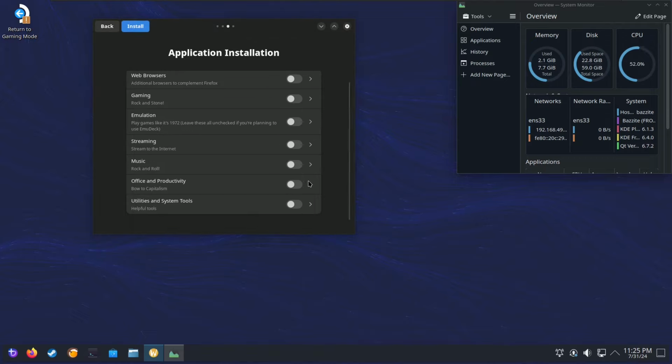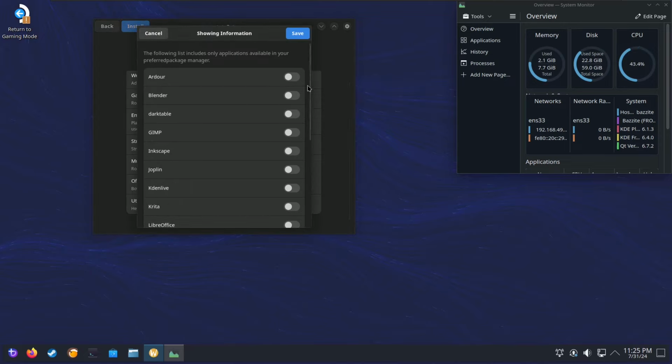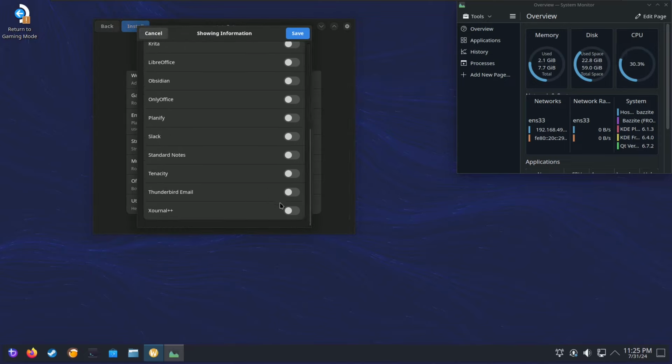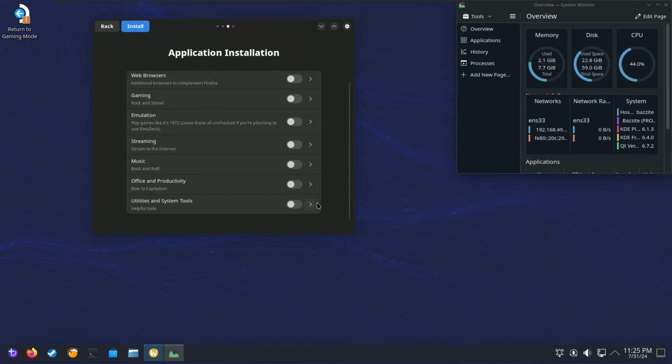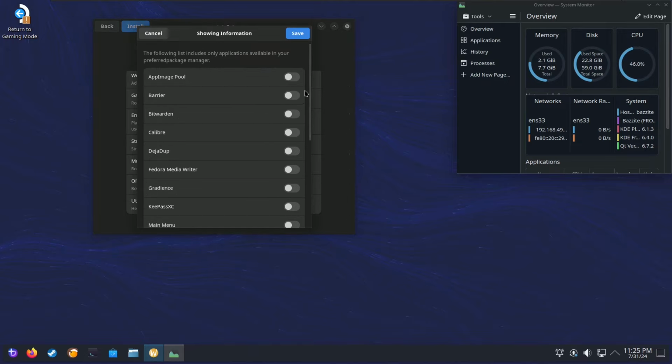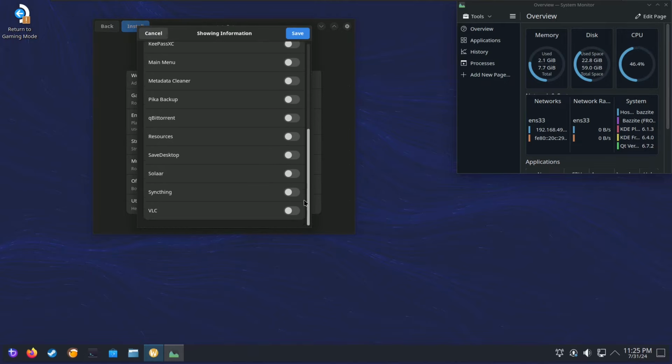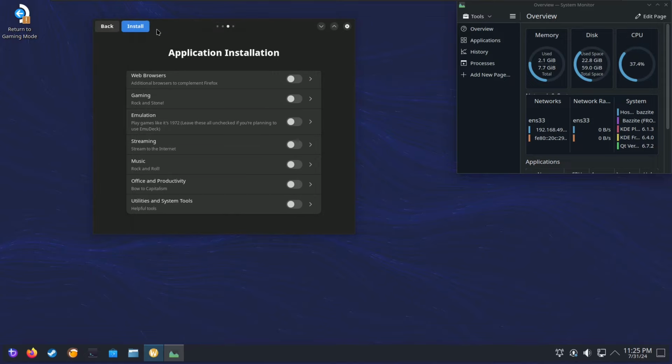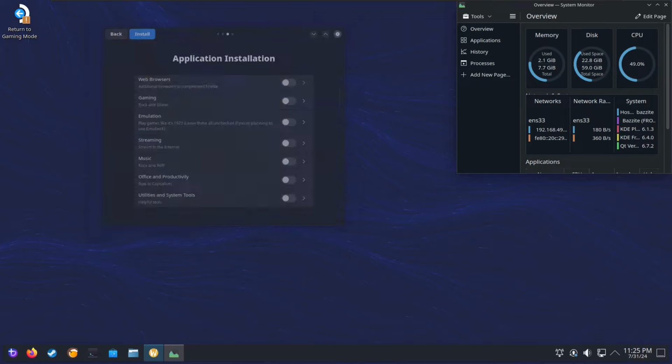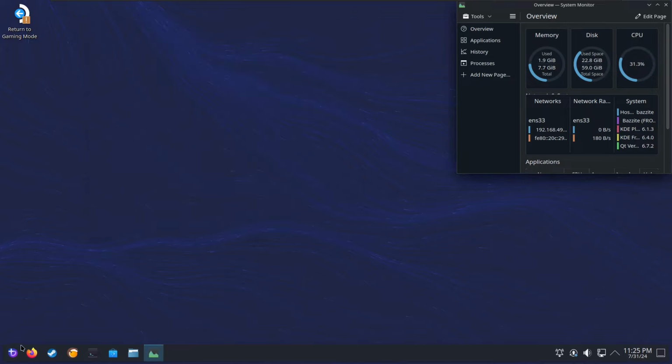So here are some of the office and productivity applications. Basically you can select here or check this and get the applications. For the sake of the video, I'm not going to toggle anything and install, because I don't want the CPU to go almost 100% and completely freeze the screen, and then I can't complete the video. So that's the reason. I'm going to close these things, and let me open the internet browser, which is